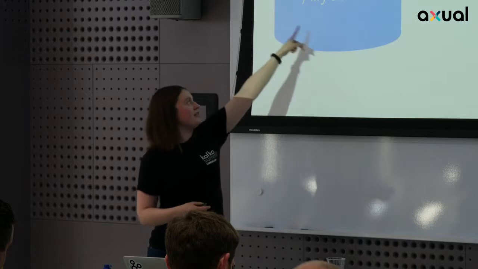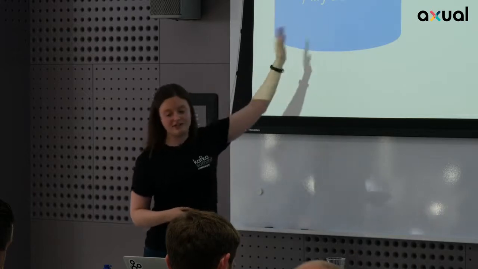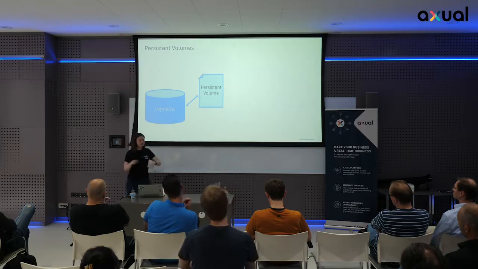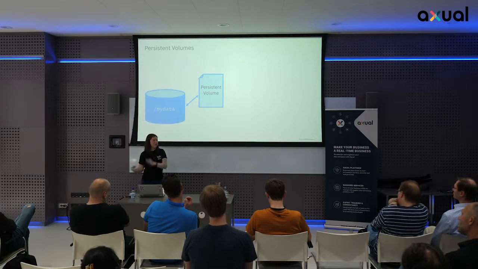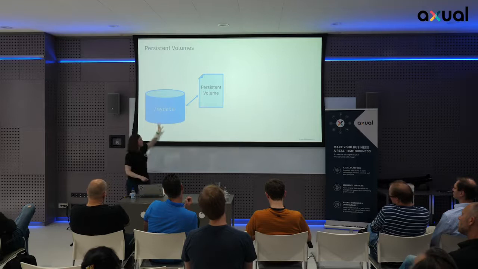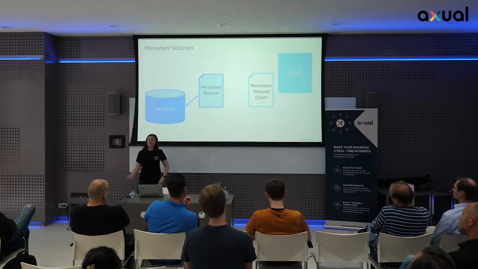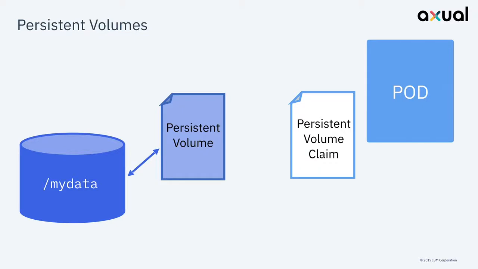So it will describe how much space it's got maybe. It might have the information about what this location is, my data. So you describe that to say, this is my Kubernetes abstraction of what my underlying storage is. So you could switch out the storage if you wanted to as well. Then when we stand up the pod, we give it something called a persistent volume claim.